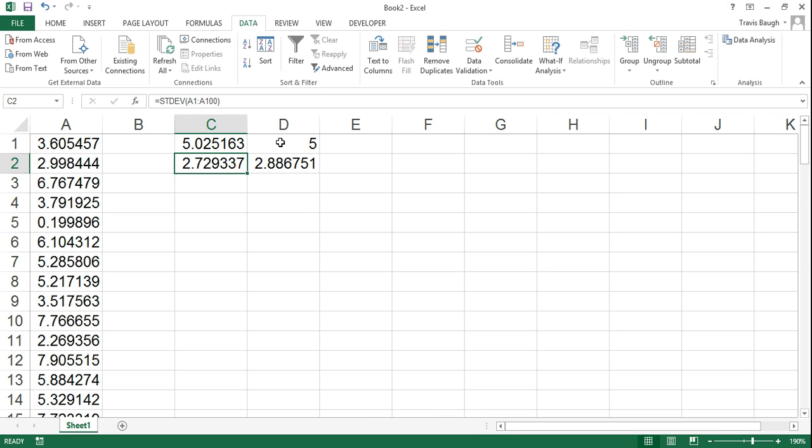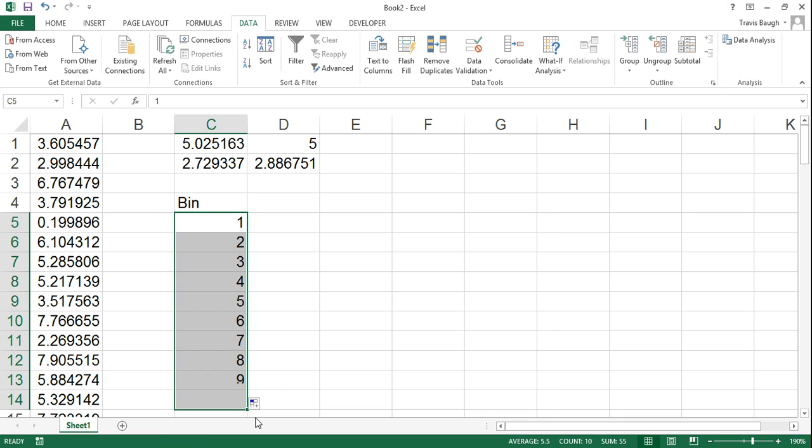Part C then asks us to produce a histogram of these random values that we've come up with, and that also is going to use Excel's data analysis tool. It says to use bins of 1, 2, 3 up to 10. I've started a sequence. Excel will be able to see that I started at 1 and I've gone up by 1 to get to 2. If I hover over the bottom right hand corner of those two values, and then drag downwards, Excel is able to guess the sequence that I was interested in,